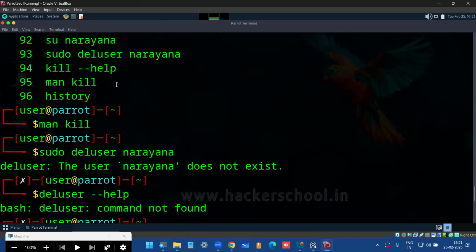Additionally, sometimes this help message will be very limited. And if you feel like some specific option that you're looking for is not available in the help, then the manual page will also give you more information about the command. Man stands for manual, which is nothing but the user manual. Like if you purchase any new product, you will have complete information in the user manual, right? Similarly, how to use the command completely, you will have in the manual page. So this man command